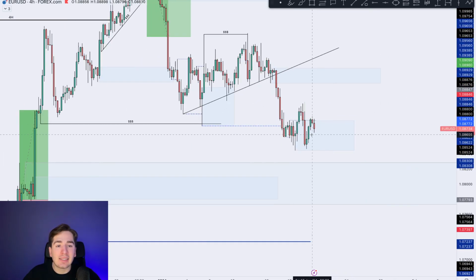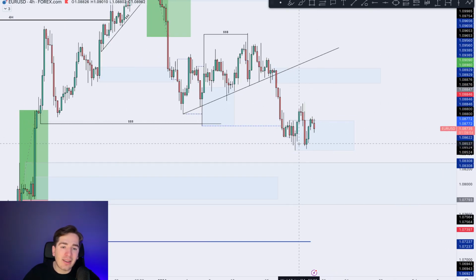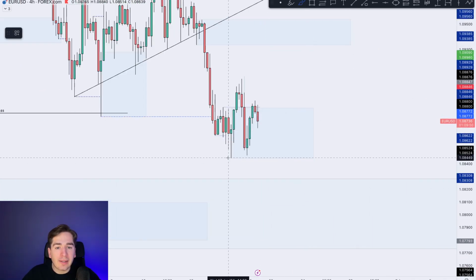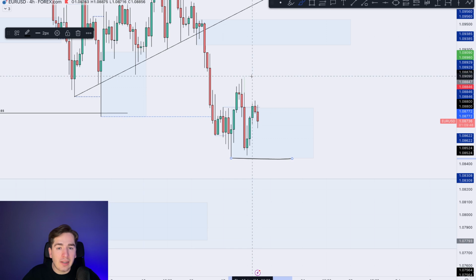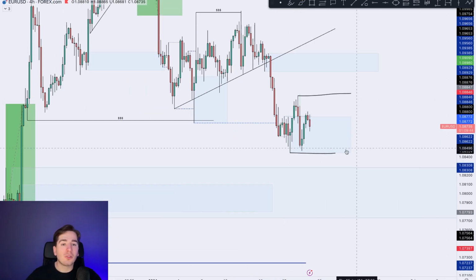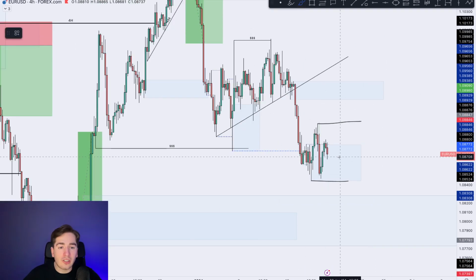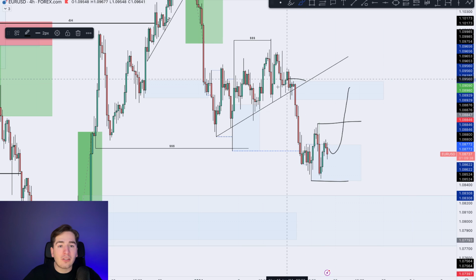Well, as we can clearly see, we are currently stalling inside this area of demand. The overall fractal low is still being respected over here. And this is currently our fractal high positioned over here. So we're just ranging in between this low and this high. Obviously, I would like to see a further push in towards the highs today, coming in towards this area of